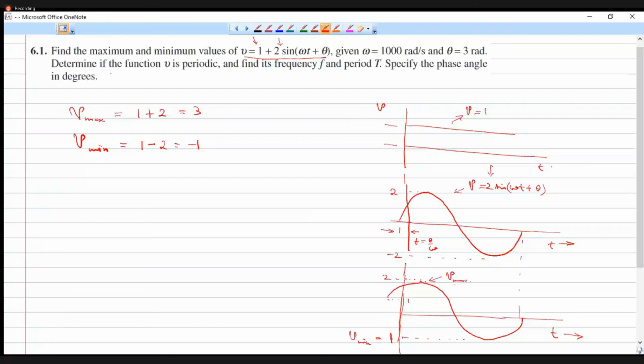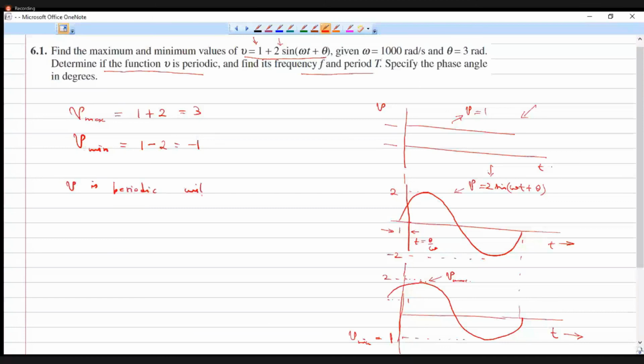What about the second portion? Determine if the function V is periodic and find its frequency and period T. So will it be periodic? Yeah, it will be periodic. Okay. Because this is a constant value, and as you can readily see, this is also a periodic function where the period is not going to change because this is a DC or constant value that you are adding. So it is also periodic, and the frequency is not going to change. So V is periodic,